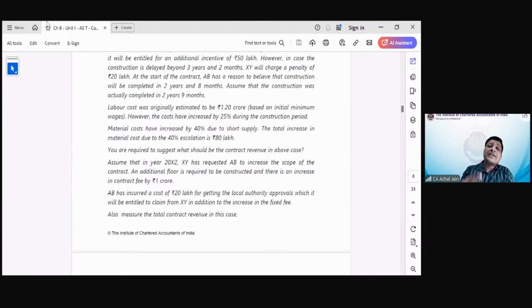It doesn't matter whether your answer is incorrect or not. You should attempt this. Why? Because when you attempt this, even if it is not correct, you will be able to understand where you went wrong, which is okay. Vaishnavi is getting 7.4, Anirudh is getting 8.24, Asta is getting 7.4. Very good. What about others?